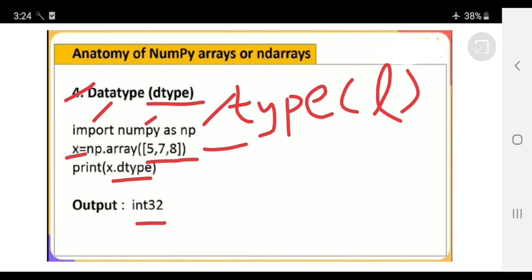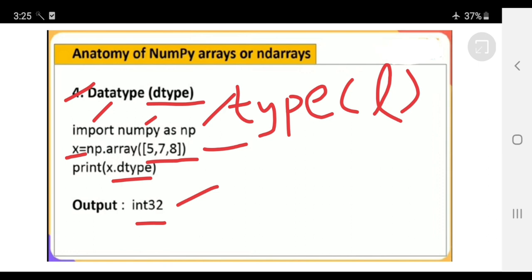So that is the internal value's data type. That is the data type of 5, data type of 7, data type of 8. So the data present in the x array is int 32. That is about the data type.